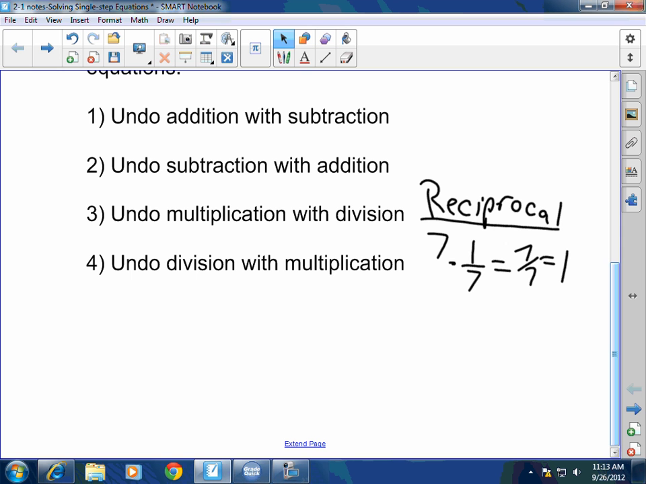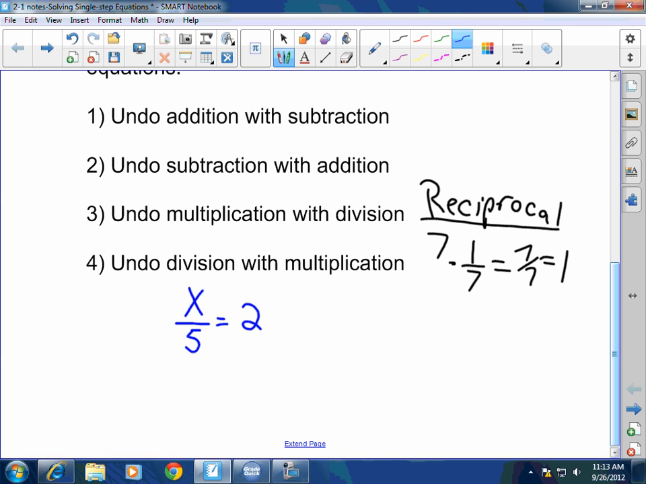Last but not least, I undo division with multiplication. Okay? I'm going to use, again, the multiplicative inverse. And this one's very important. Okay? A lot of people don't like fractions. You have to know how to use them, but I am going to show you some tricks to help you out. If I were to give you something like this,